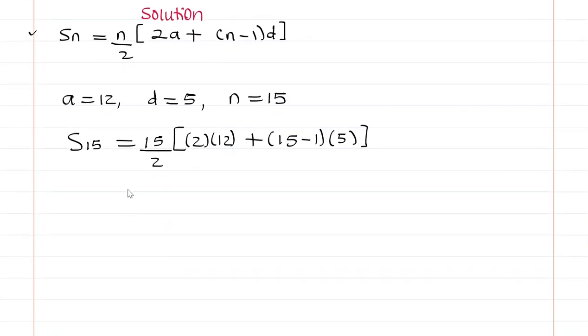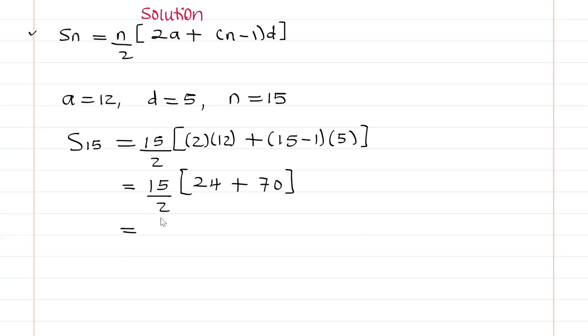So we can keep this the way it is. So we shall have 15 over 2 into 12 times 2, 24, plus here we shall have 15 minus 1, that is 14. 14 times 5 here gives us 70. So we have 24 plus 70. This equals to,